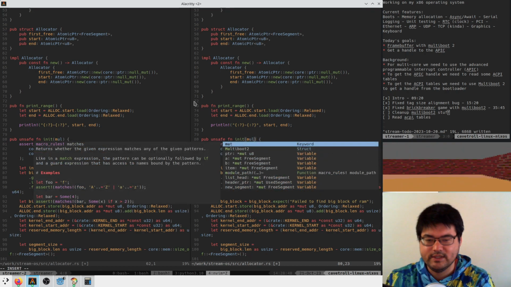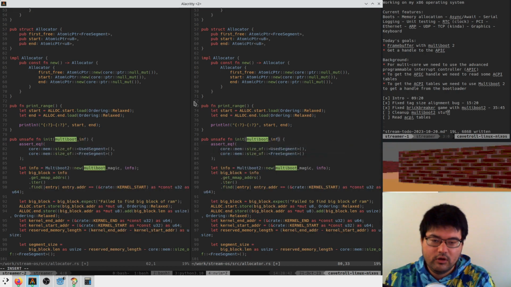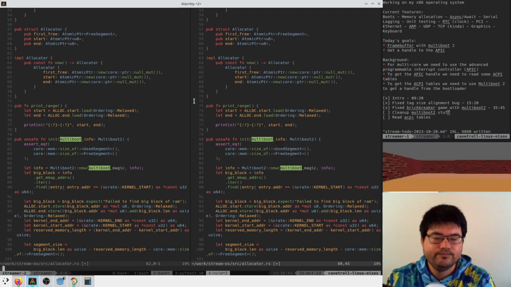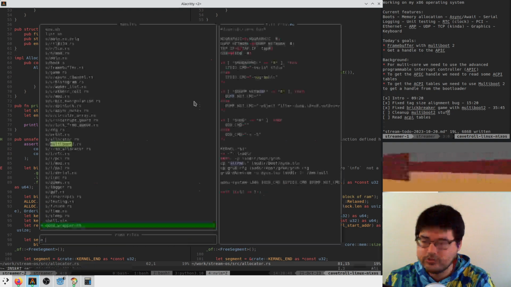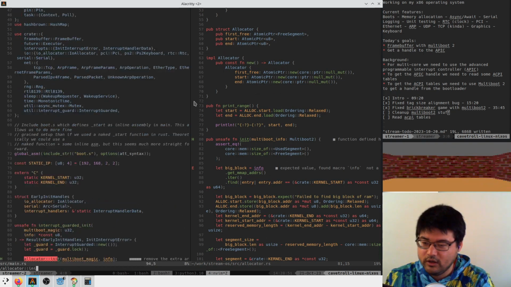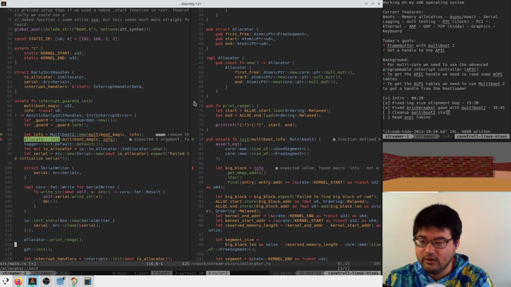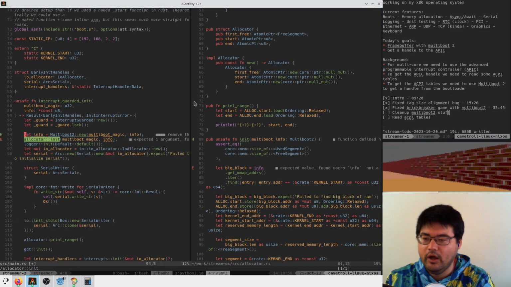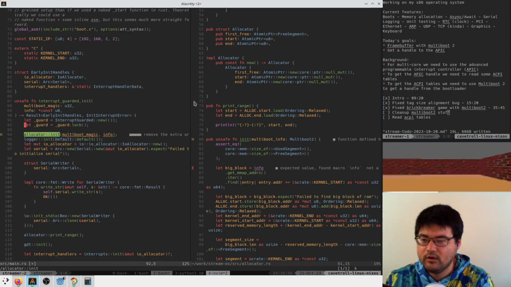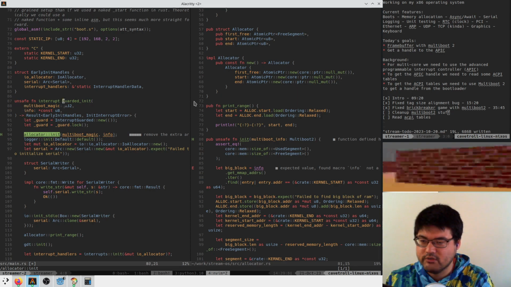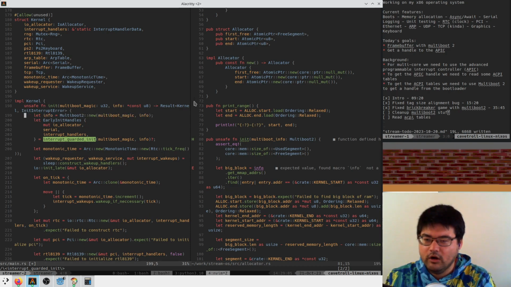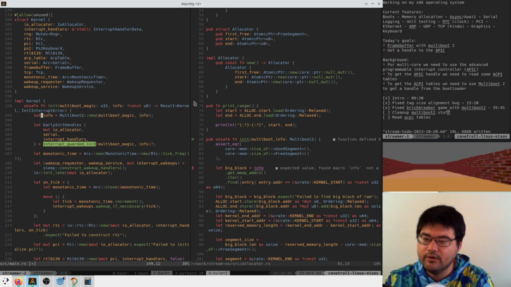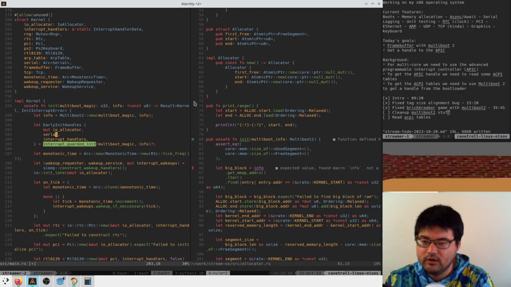We should pass in the multiboot info here as a multiboot 2. Which means in main, where we call allocator init, we should pass in a multiboot info, which should actually come from the interrupt guard. We should do this all the way up here.